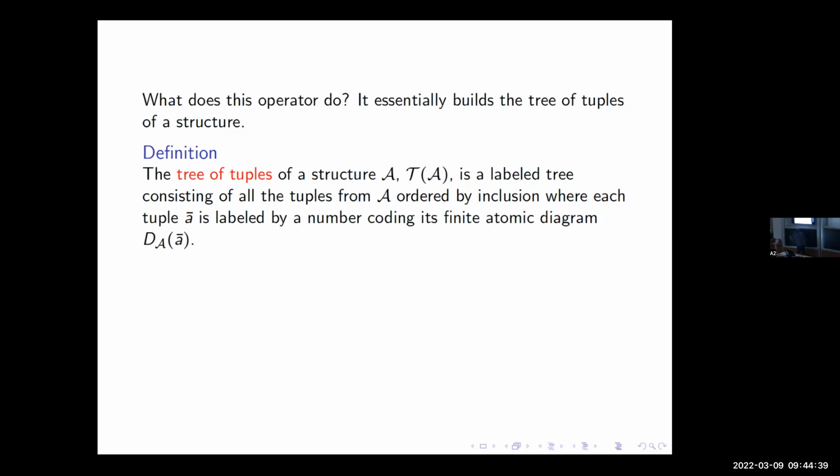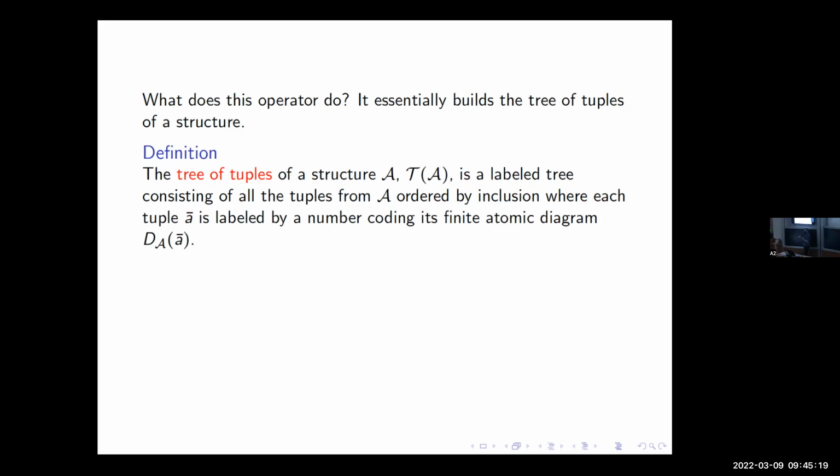So extending a1, you've got, for example, (a1, a2), (a1, a3), and so on, all the two-tuples extending that. Here you've got, for example, (a3, a1). Then extending those are the three-tuples, and so on. So you're putting all the tuples in the tree ordered by extension. And then I want to label each of the tuples by its atomic type. Maybe I think of that as a color for each atomic type, and I color each thing with what its atomic type is. So if this was a graph, then there's an edge relation. Maybe these guys are related, so I color them one color.